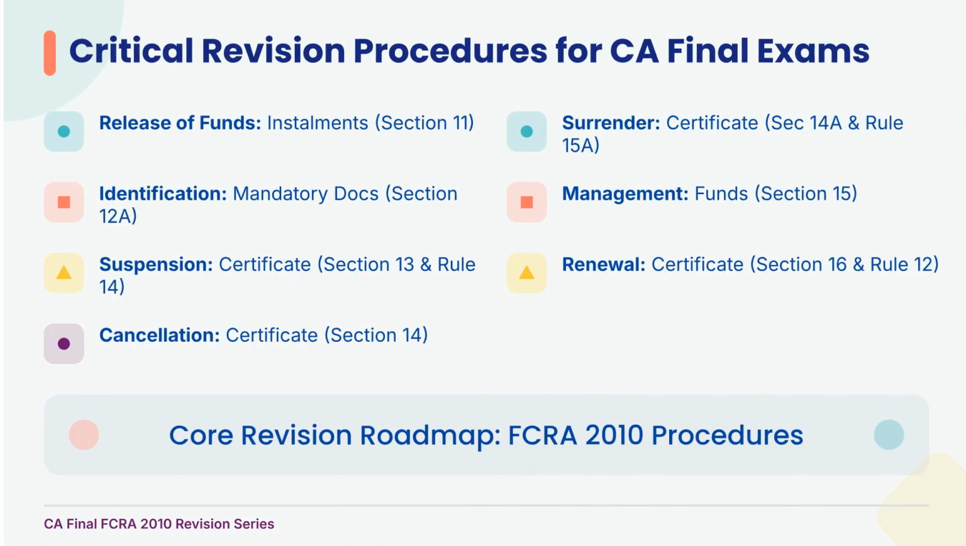Before we begin, let's understand the roadmap of this chapter. We will first examine the conditions for release of foreign contribution received under prior permission. Then we will study the mandatory identification documents required under Section 12A. After that, we will cover suspension of certificates under Section 13, cancellation under Section 14, surrender under Section 14A, management of funds after cancellation or surrender under Section 15, and finally, the renewal process under Section 16. Think of this as the complete journey of an FCRA certificate, from receiving funds to maintaining compliance and eventually renewing